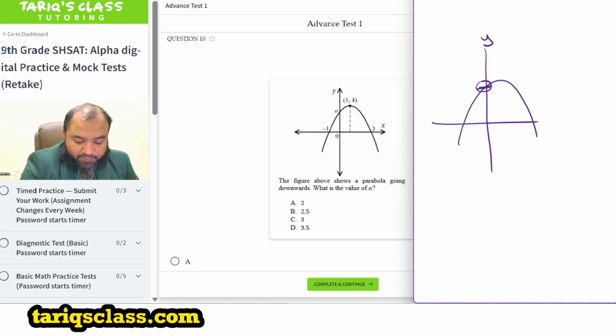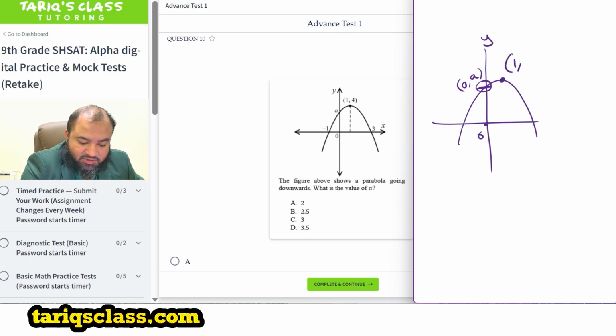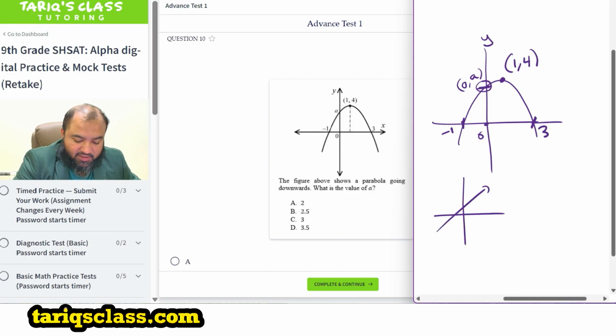What is this point? They want to know. So here this is 0, so it's (0, A). We don't know what A is. But we know the vertex, the top part of it, is (1, 4). We know this here is 3, and here it's -1. So first of all, when we deal with the equation of a line, it's y equal